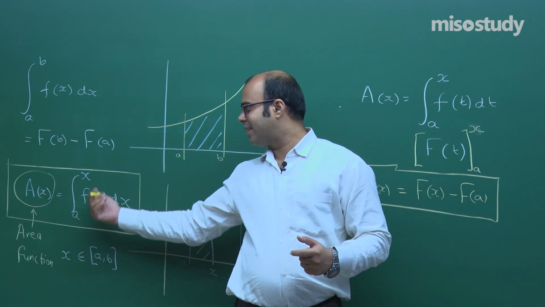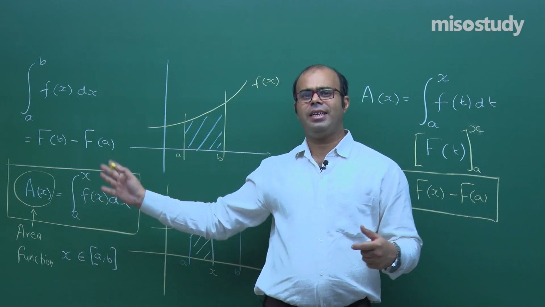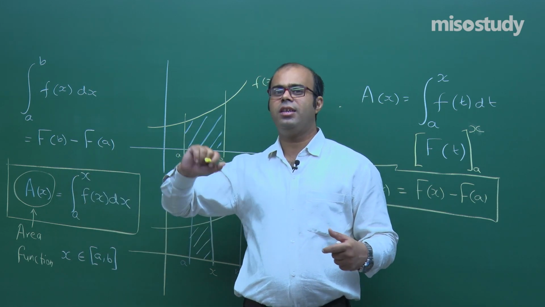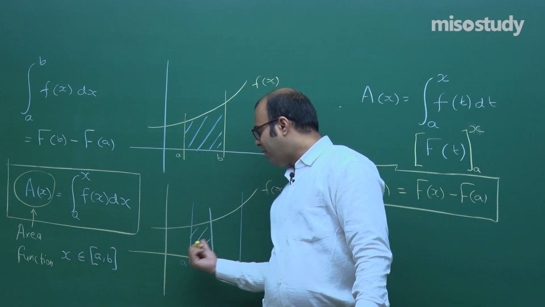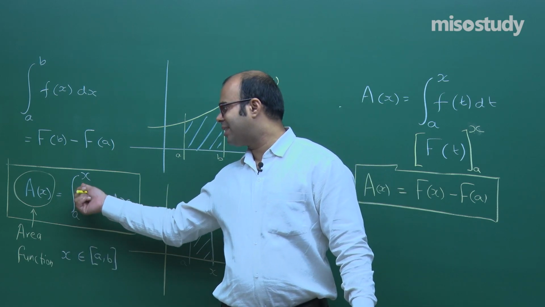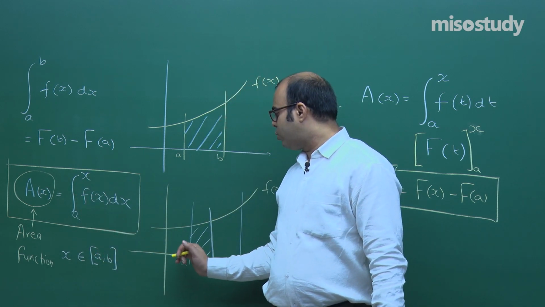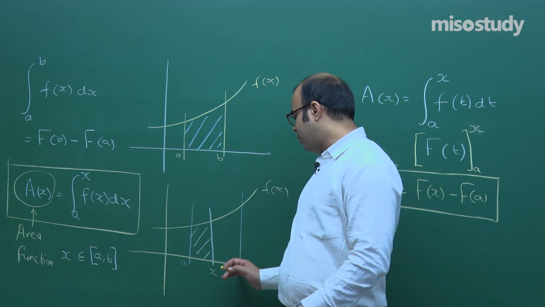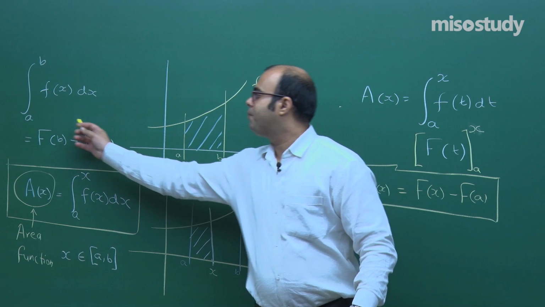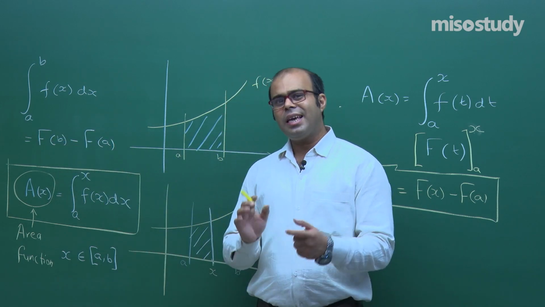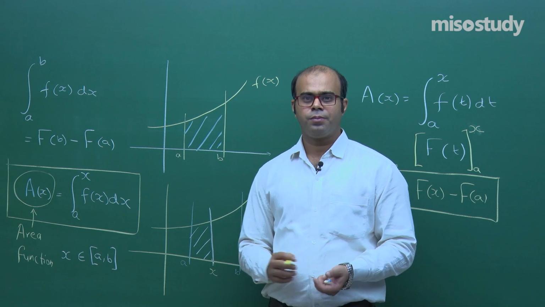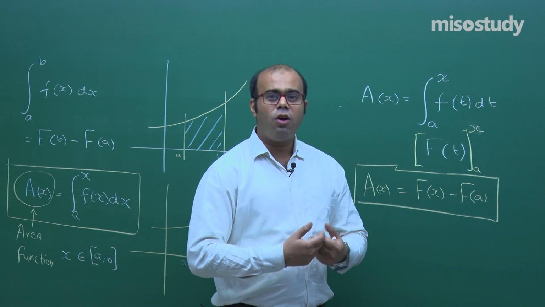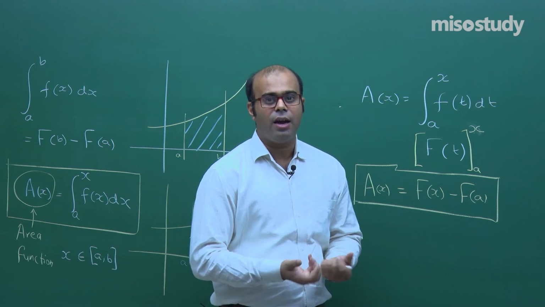So instead of taking x and x both ways, we take this as any other variable of integration, and this x is actually the variable whose function is the area function, and this x belongs from a to b. If x is equal to a, this comes here, then the area will be 0, and if x comes here, then it is b, and in that case F(b) minus F(a) will be the answer. So this x is moving, it can be somewhere in between, anywhere. So this basically is the introduction of definite integration and the area function.